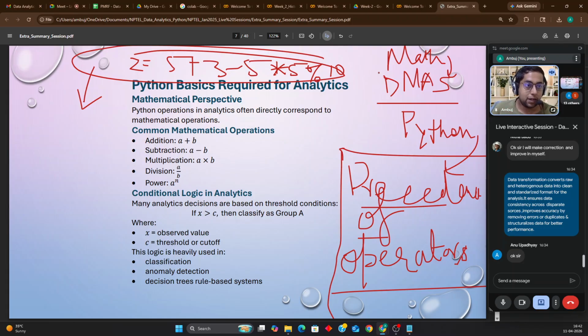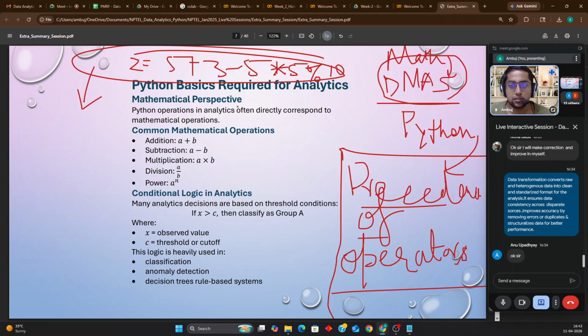Because in Python, there is precedence of operators, which determines in what form and manner the operations are carried out. In mathematics, it is simple left-to-right merging. What is precedence of operators? I'm not explaining it here. By now, you should be in a position to understand it. If you are having any difficulty, feel free to go through the precedence of operators table. You will find it very easily with a Google search.